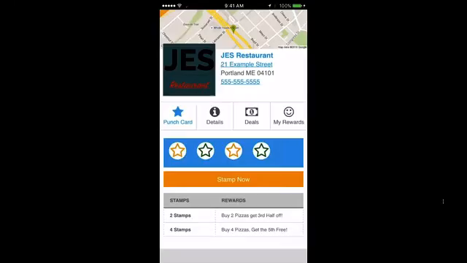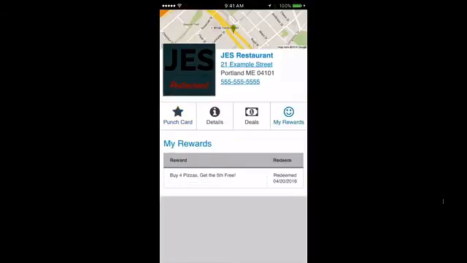So you'll see now that once that timer goes off, and I'll just close out of the app and reopen it, that again, those 4 stamps are unhighlighted. We've already gone through the loyalty program once, so this customer can now go through it again and continue earning those rewards. And you'll see when we click on the My Rewards tab, now that we've already redeemed that reward,